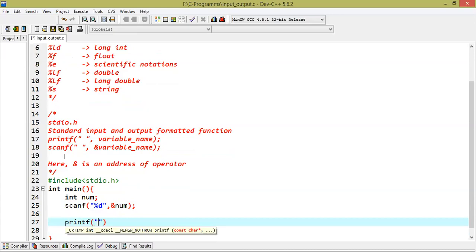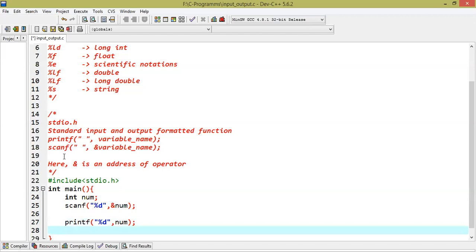To do this, same syntax we are going to use like scanf with one difference. So we need to again pass %d because we want to print the value of num, and then we need to pass the name of the variable, that variable we want to display the value of. Thereafter, our main method is expecting a return value of type integer. So we are returning a value 0 to the operating system. So it is very helpful.